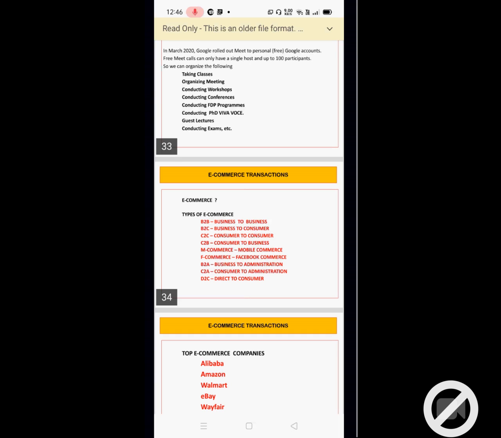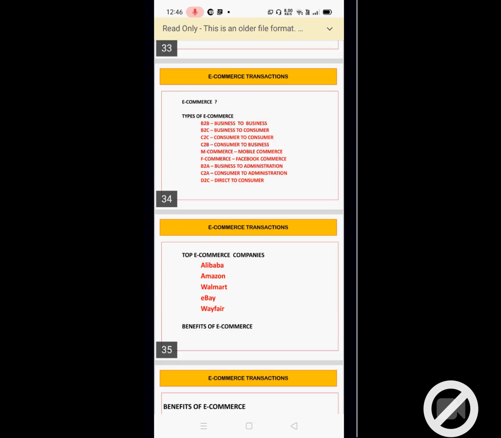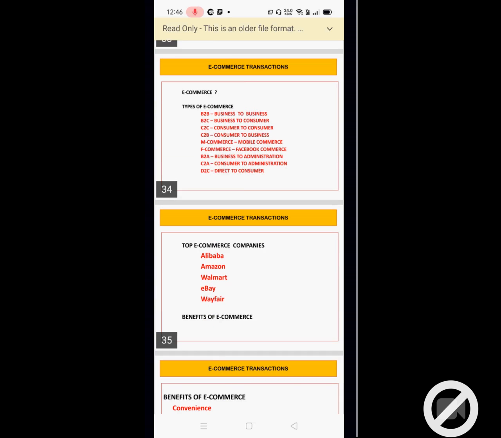Now another real-time application of today's program is e-commerce transaction. Everyone is using online shopping, online transactions, everything nowadays. But we do not know what e-commerce is. So e-commerce is also known as electronic commerce or internet commerce. It refers to the buying and selling of goods or services